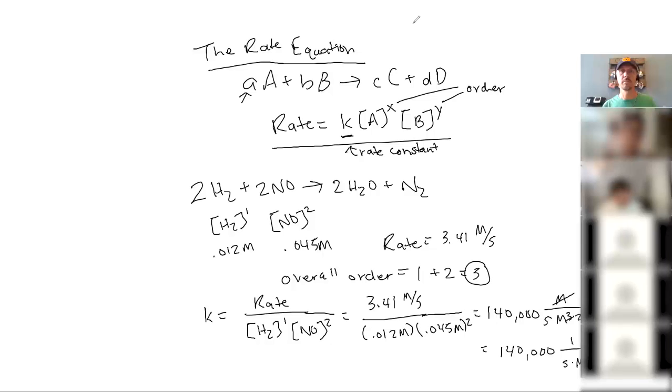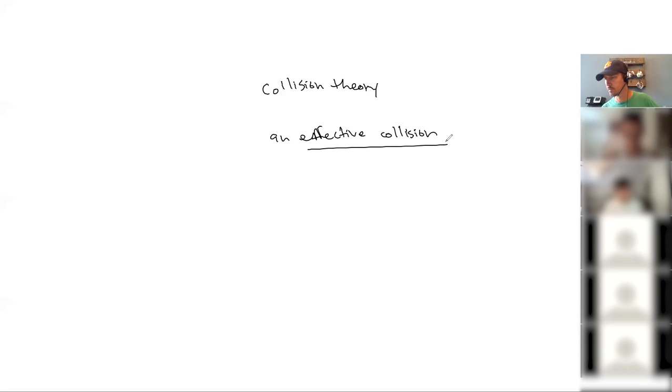All right, so collision theory says that you have to have an effective collision in order for a reaction to take place. There's a picture in the book on page 458 that shows you an example of how carbon monoxide and